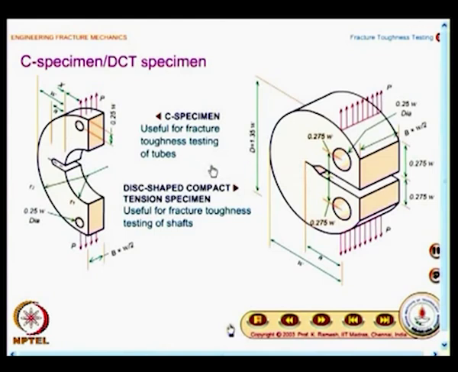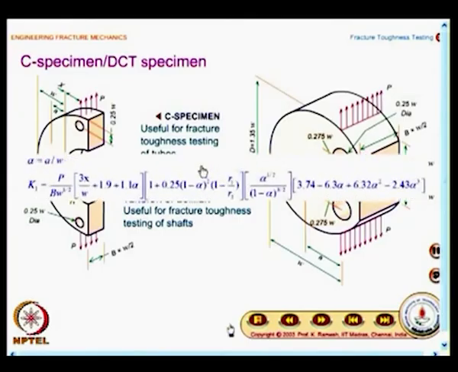And for all these cases you have expressions for evaluating stress intensity factor. So, from the experiment you will measure the critical load P and the critical crack length. With that you would be in a position to estimate the stress intensity factor, and the expression is given as follows. This is for the C specimen. It reads like this: K1 equal to P by B W power half multiplied by 3x divided by W, and you have the distance x marked here, that is the distance of the crack beginning from the load application point, plus 1.9 plus 1.1 alpha, where alpha is the A by W ratio,